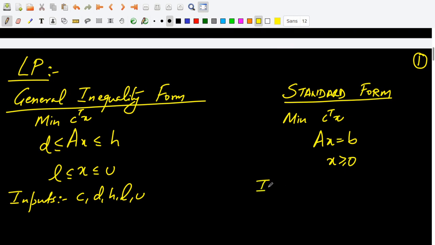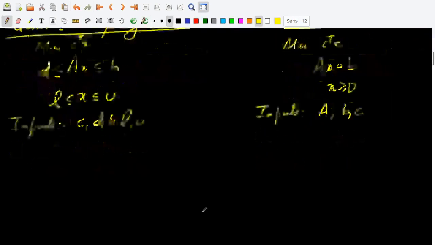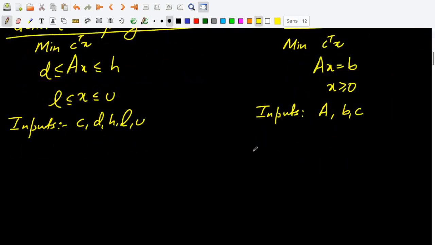So here the inputs are A, b and c. The standard form is particularly useful from the point of view of algorithms. In particular, the simplex method that we will talk about in the next class,